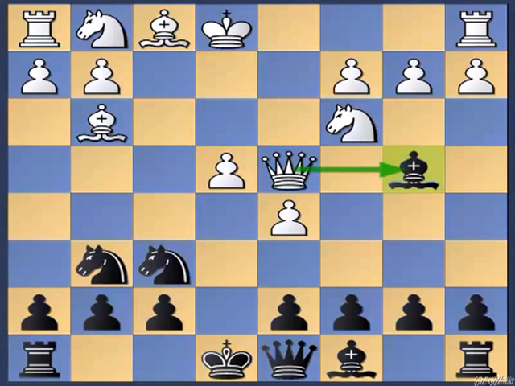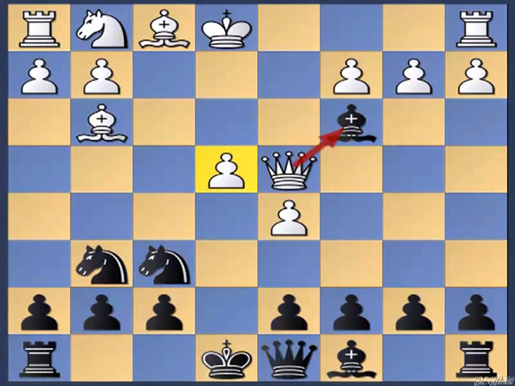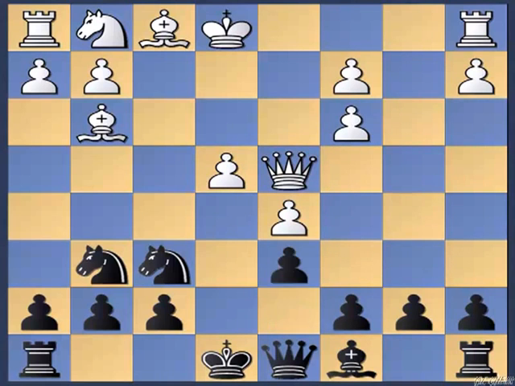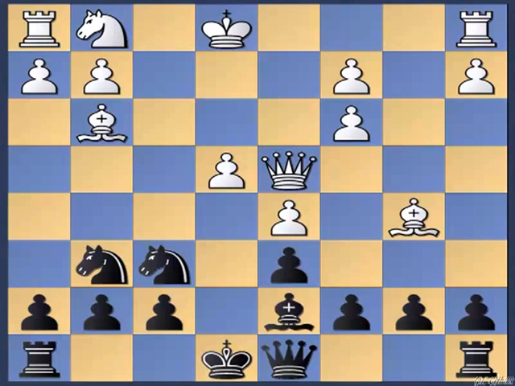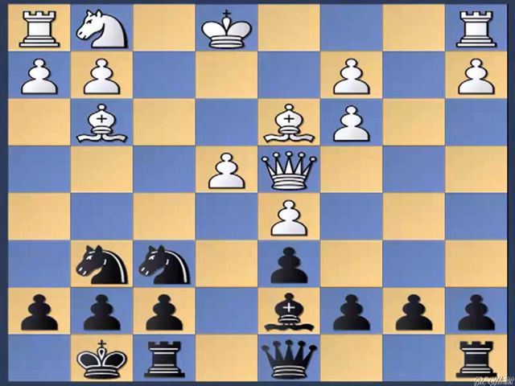In this game Umang replied with queen to d4, attacking the bishop, but we simply capture this knight. And please note, the queen cannot capture this bishop because the e pawn will drop, so my opponent has to forcefully capture this pawn with the b pawn. And now I played d6. Here he gave me this strange check, which is bishop to b4 check, and after bishop to d7, he played bishop to d3. So he can argue that my bishop has been misplaced, but anyways, I castle on the king side,